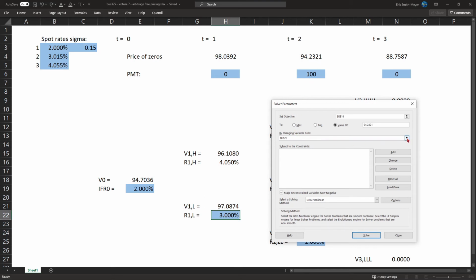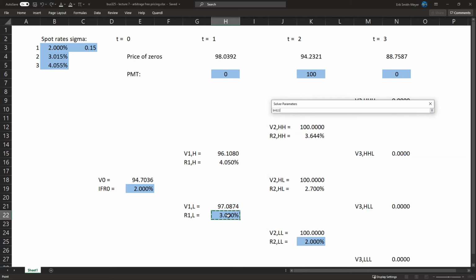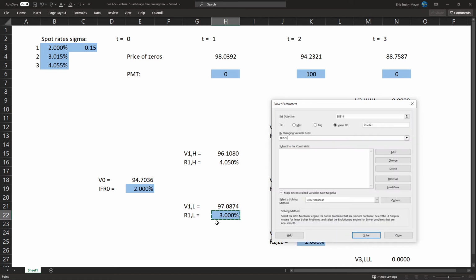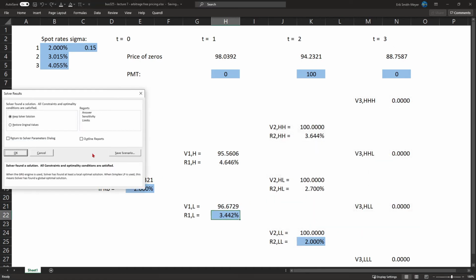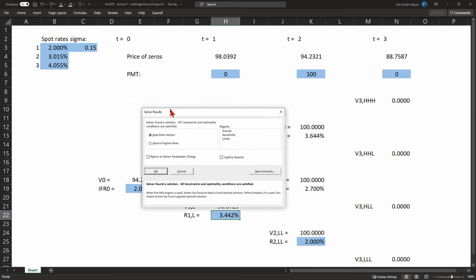By changing this cell, by changing the interest rate, right? And then we can just click solve, and we